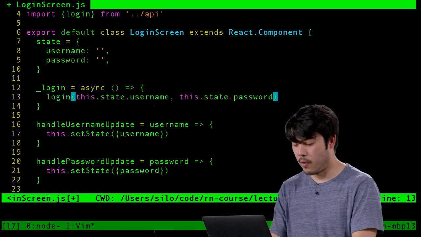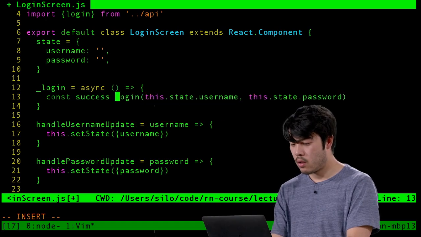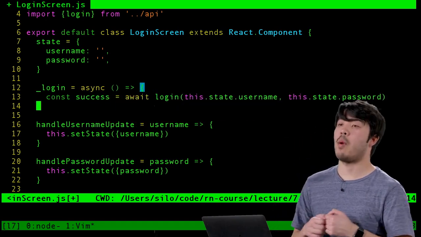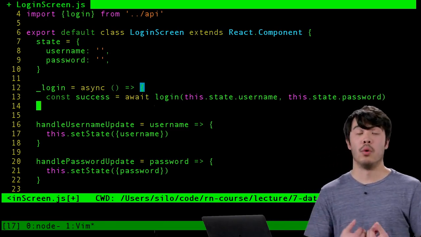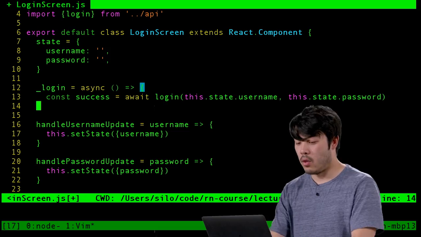And what are we going to do with it? Well, first let's do await. So remember, if it works, it's going to return true. And what happens if it doesn't work? It's going to actually throw an error. So let's